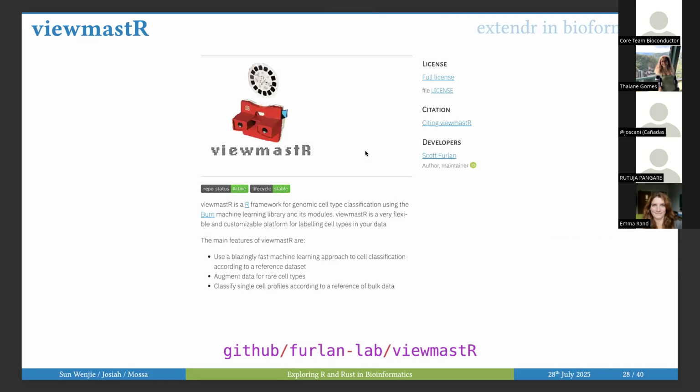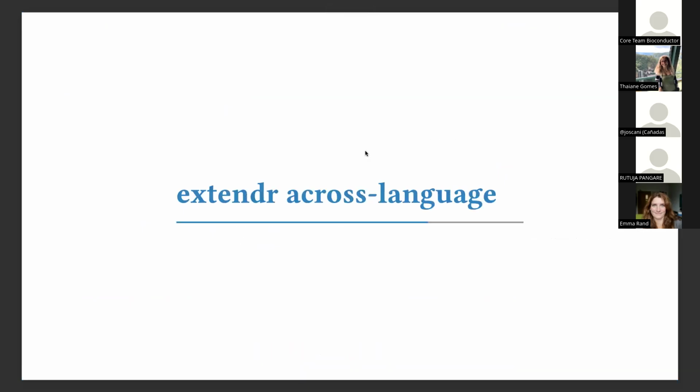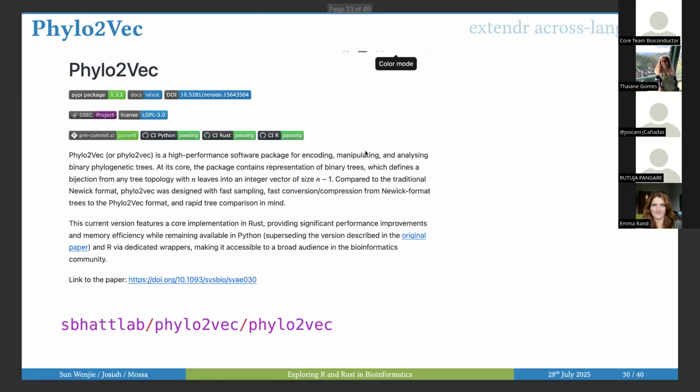And ViewMaster, and also another thing that I found really interesting here is there are other tools that are being used across languages. So what I mentioned previously was that you have this Rust core algorithm with bindings in multiple languages. So what we can see here is there's another library called Philo2Vec, which has a core Rust library with bindings to R and Python.